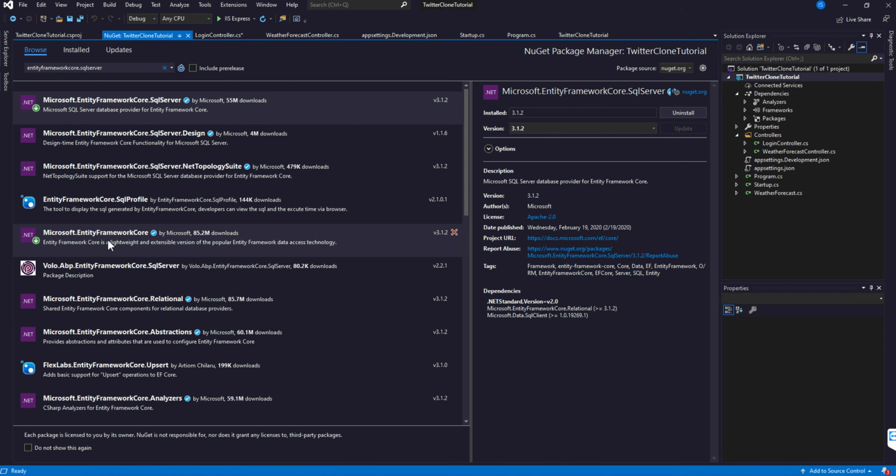For some reason, if you just download Entity Framework Core, then sometimes you might not necessarily get SQL Server as well, which happens sometimes. It happened to me last time, so I just downloaded this just to be safe. And so you should have both of these downloaded, both of which are by Microsoft. So once we have those downloaded,